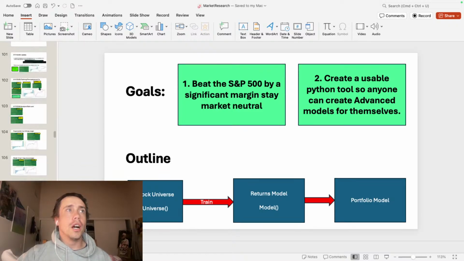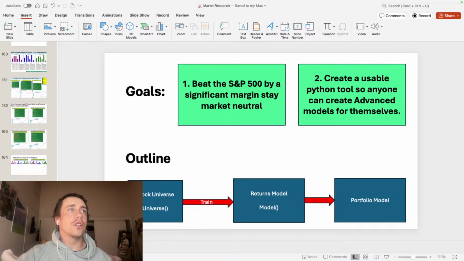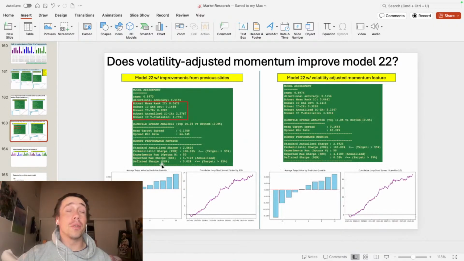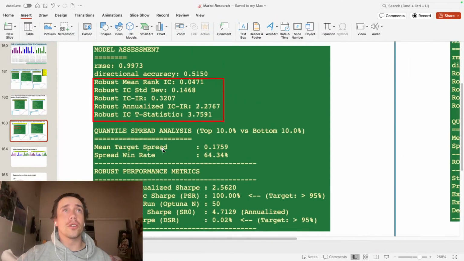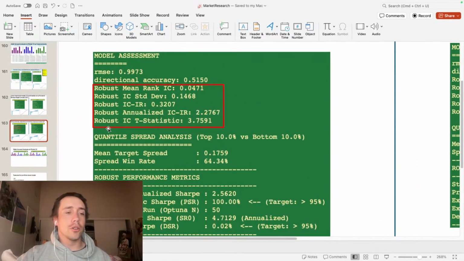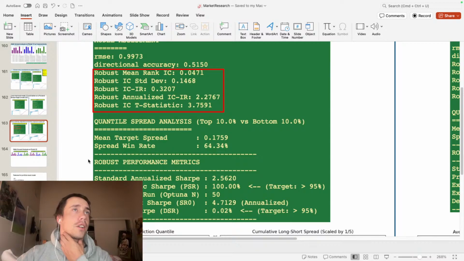So what is the model and why am I confident in it? This is a single model that's tested from mid-23 through the end of 25. You see all the metrics look really good. I'm not going to go through them all, but I'm looking at these metrics in the red box, and I'm beating all my metrics by a significant margin, except for the standard deviation of the information coefficient, which is at the lower end of the range I'm looking for.